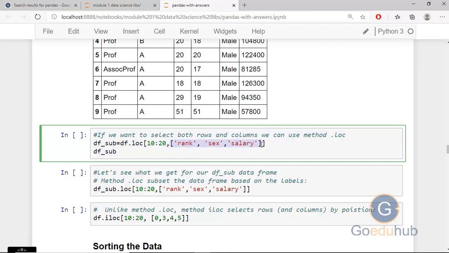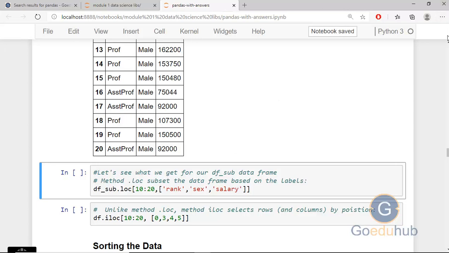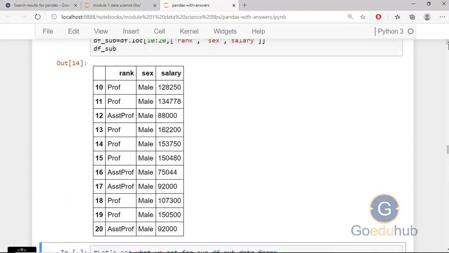Like I just want to access 3 columns. So inside the square brackets, I can write the column headers: rank, sex, salary. So basically we are getting 10 rows from 10 to 19, and the columns rank, sex and salary only. I can run this block and you can see the output. This is the output. So we are slicing a particular part from the complete data frame.